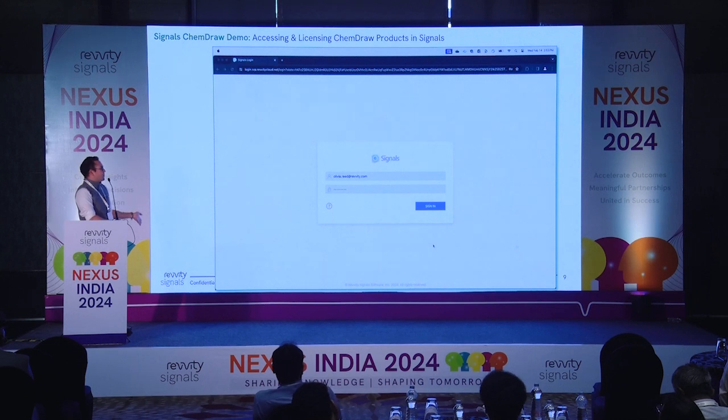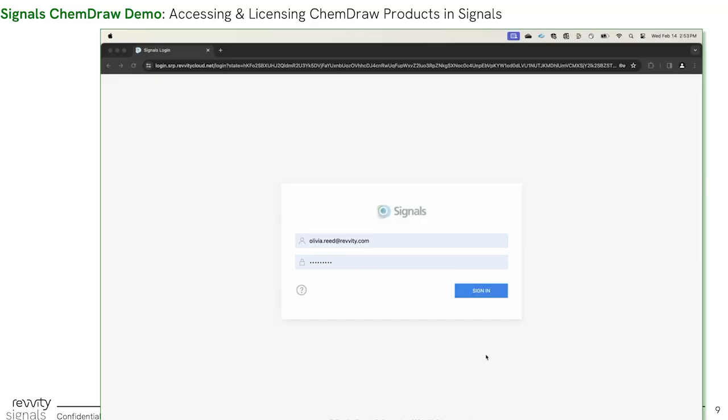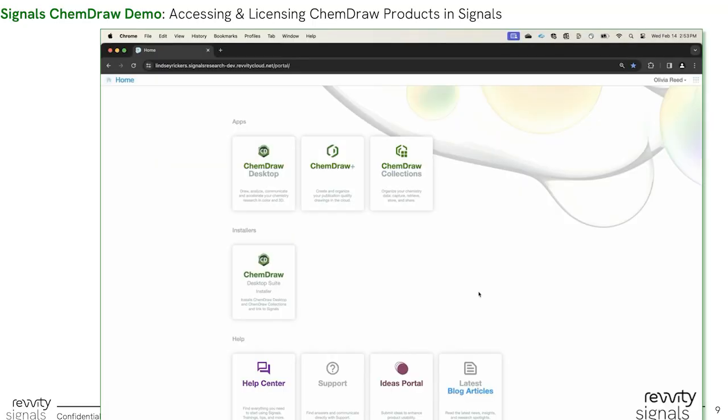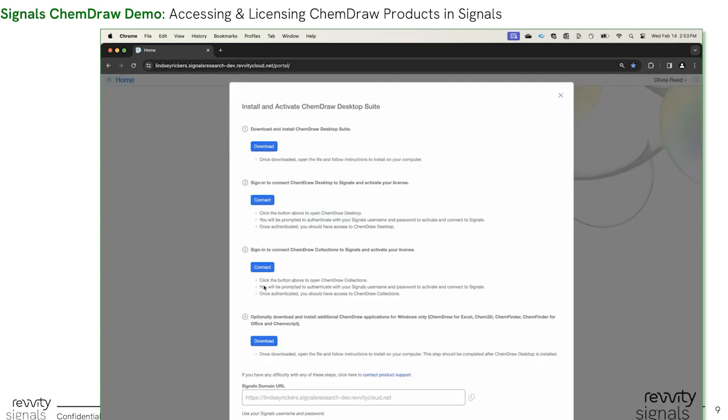Right, so just a quick demonstration of what that looks like in practice. This is the Signals platform, so one way to authenticate. And this is where you will have available all the various apps of the Signals platform that you have access to. In that case, it's very ChemDraw-centric, but it's really the way that you will have access to things, including other elements of the Signals Research Suite in the future. And this is really a step-by-step guided